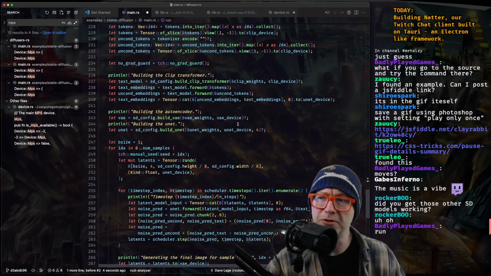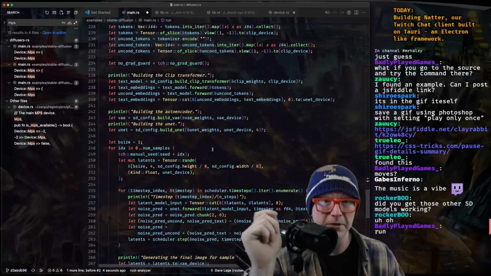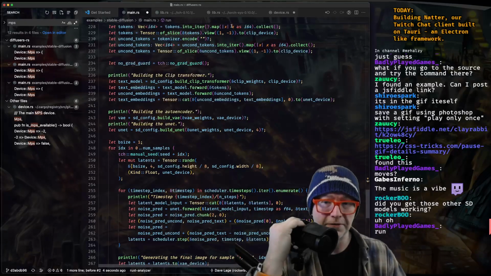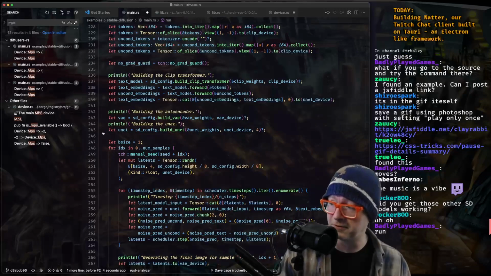I had to make sure that I had libtorch compiled for ARM, etc. And I did that via Homebrew. So I got libtorch and all that stuff installed with Homebrew, and then everything else compiled when I set some environment variables.